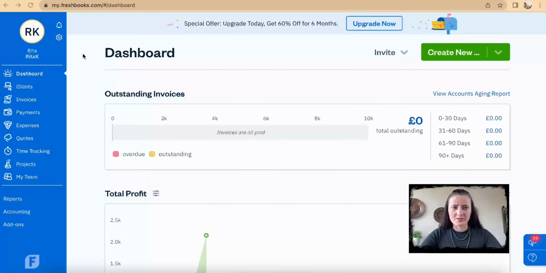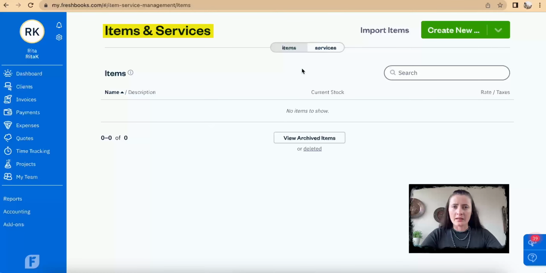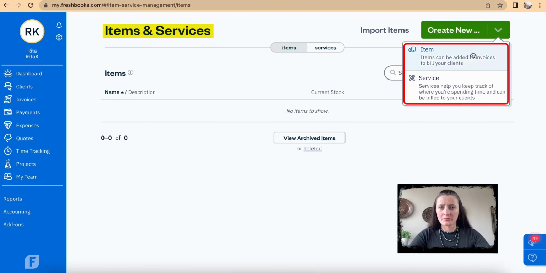Items or services that would help once we are creating an invoice. For example, it will automatically pre-fill details. We need to go through settings, and there is an items and services section, and this is where we can add items and services. So create new, for example, item,